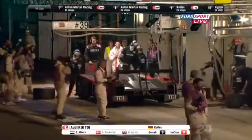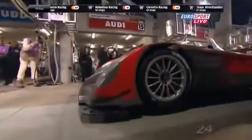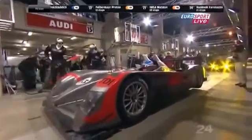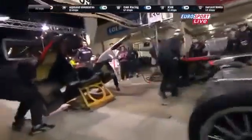We got the Straka car completely wrong, because in fact it is Nick Leventis who's got into the car at this time of night. We thought he'd stay out, but no, Nick has taken the car over. Well, in fairness, we didn't think that was just me suggesting it. So he's obviously intent on doing his fair share. Good for him. Yeah, absolutely. And in fact, first sector time 39.2. That's 3 seconds off Pierre Rag in the 008 Aston. So that's not too bad. And he will, I'm sure, take a lap or two really to get his head around full night here at Le Mans and the speed and the other cars and everything else. Meanwhile, at the